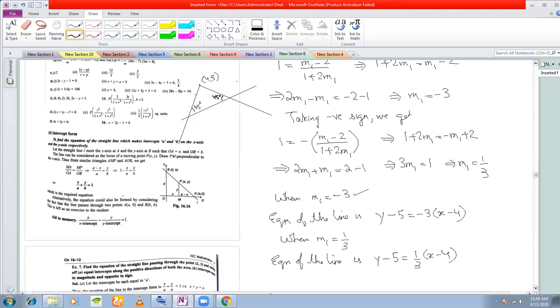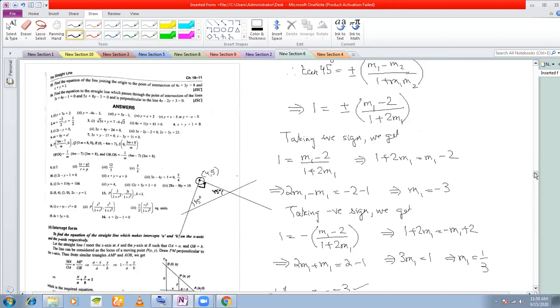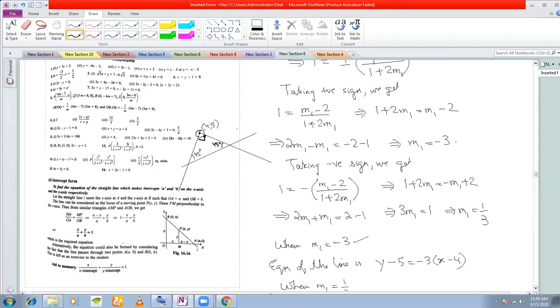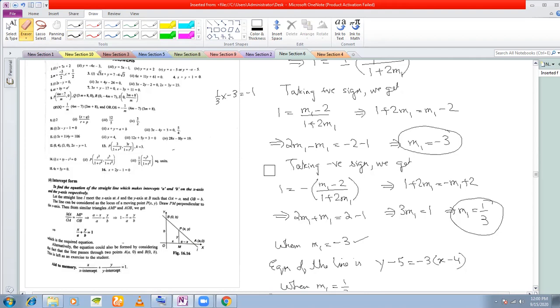Okay, so you can have this as a triangle. Yes, you can say that these two are intersecting. In fact, this angle has to be 90 degrees. If you see in this problem also, what are the slopes that we got? We have got m1 as minus 3 and we have got the reciprocal, 1/3. If you take the slope of this as minus 3 and the slope of this as 1/3, you see that the product of these two is minus 1. So you see that these lines are perpendicular to each other. So you can have something like this. Okay. Let us now look at the next problem.